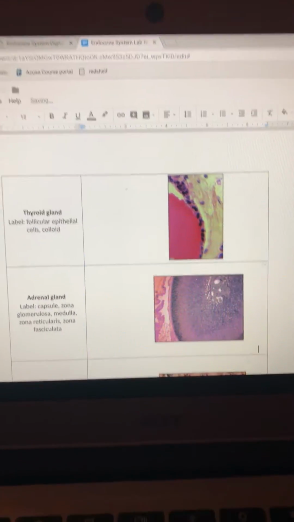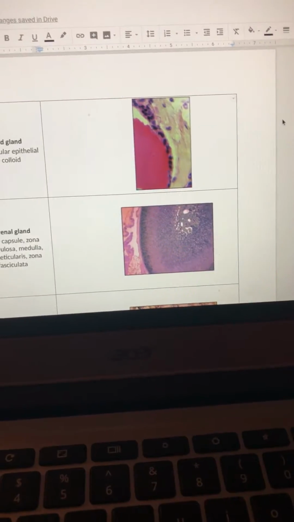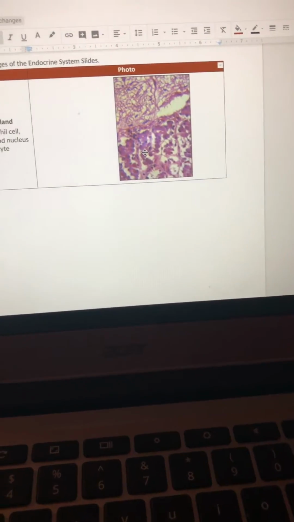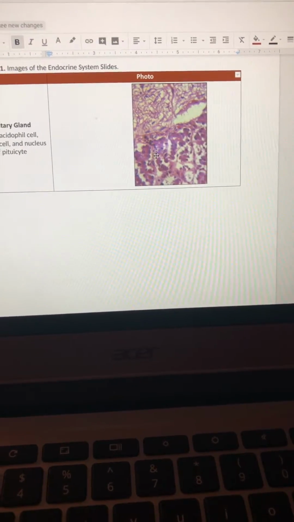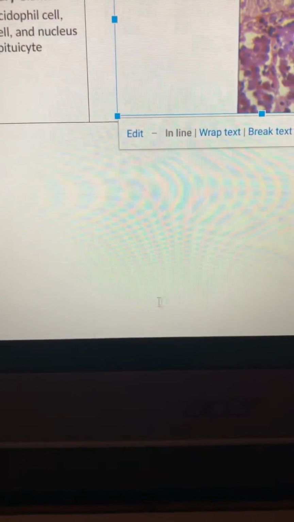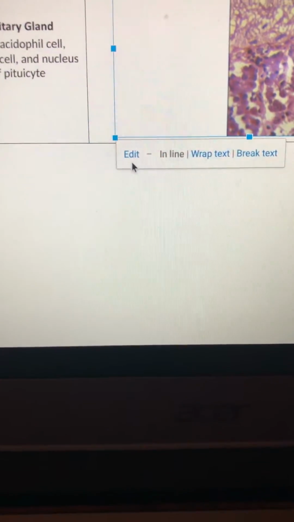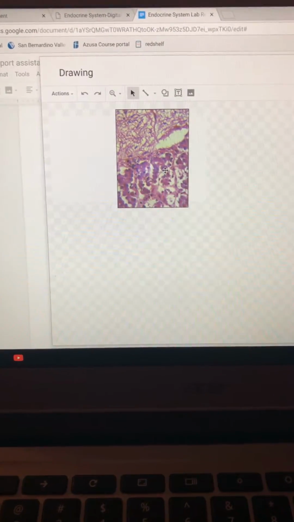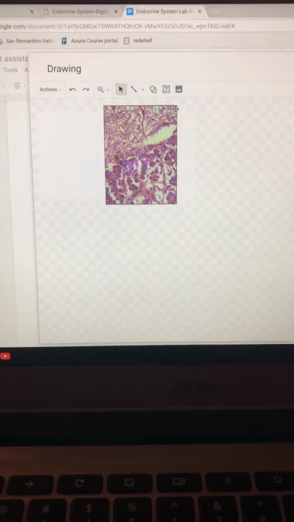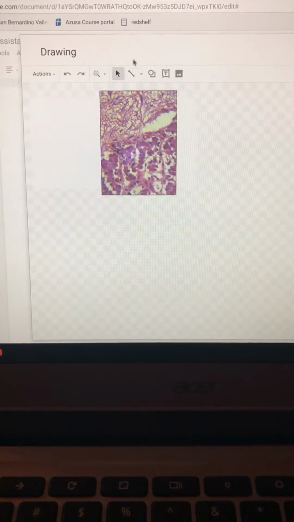So to actually label a specimen, or actually, since we're already here, let me show you. If you did something and you wanted to fix it, the way you do it is you select, and then it brings down this. Since I've already done Google Drawings, it gives me the option to edit. So I can edit now. It'll bring up the picture, and once it's downloading, the way we can label it is we do